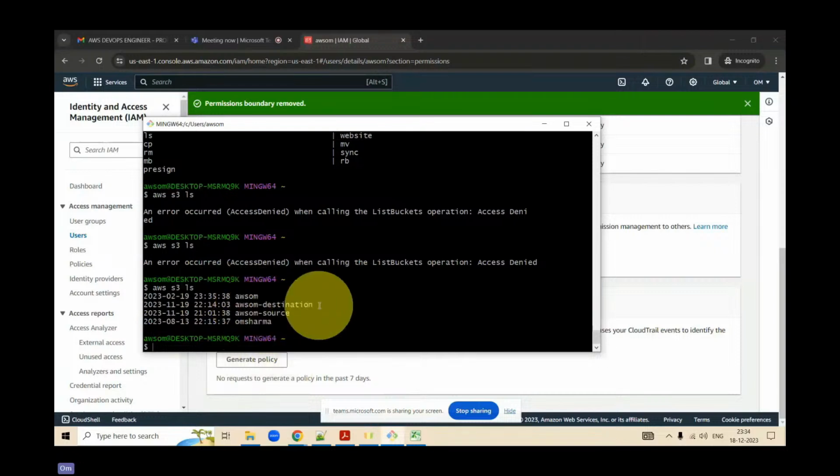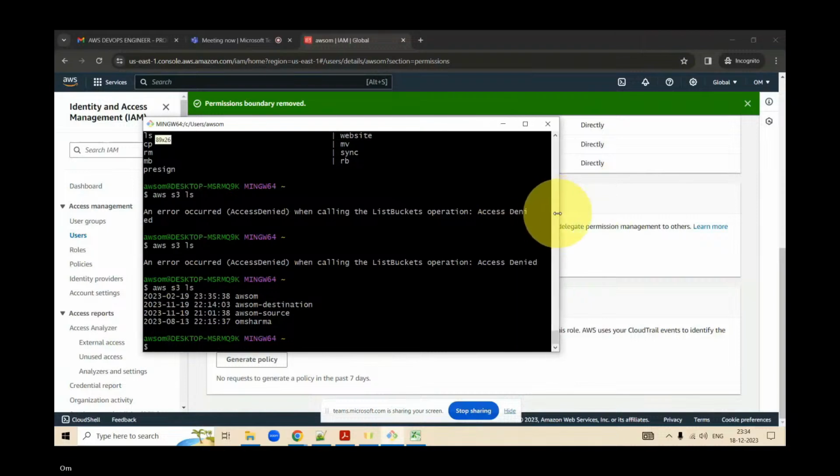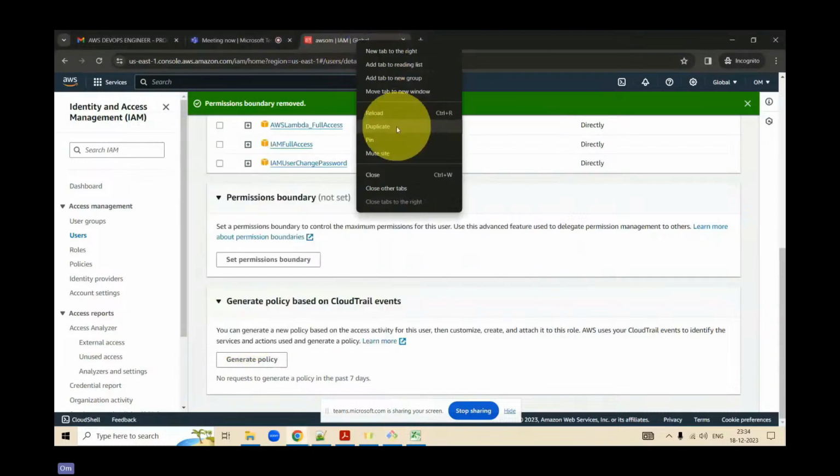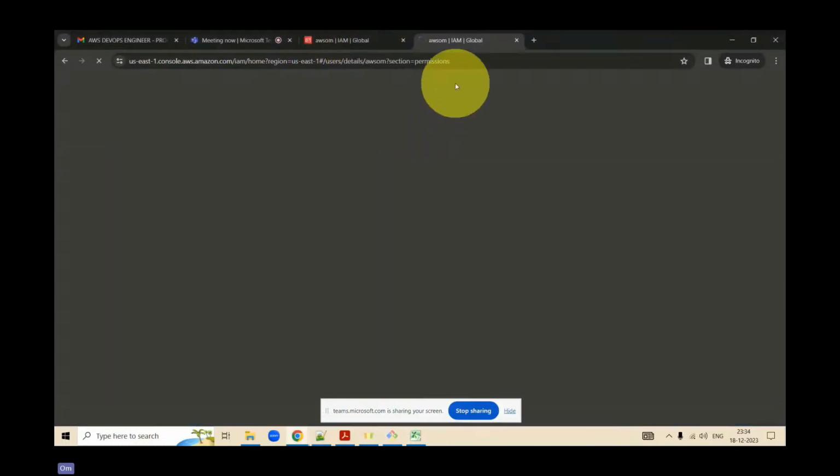Now, if you carefully see, what I did was I integrated my AWS console with this S3 bucket. Clear? Now, if I execute aws s3 ls, I am able to see all the S3 buckets inside my AWS account. Let me show it to you as well.